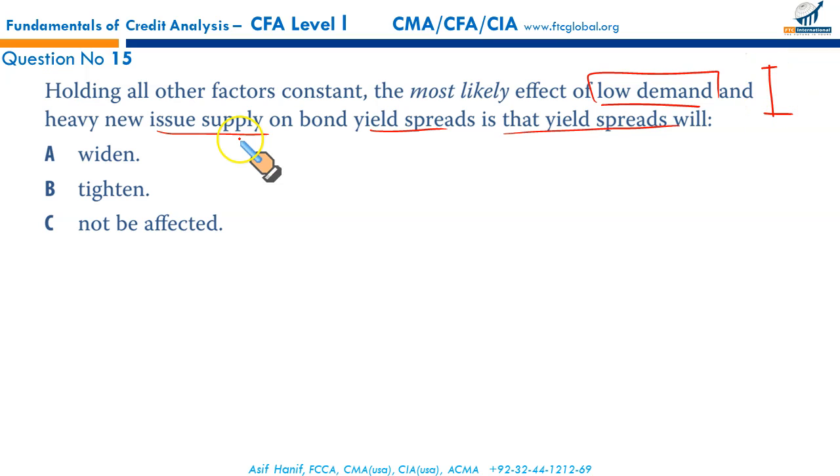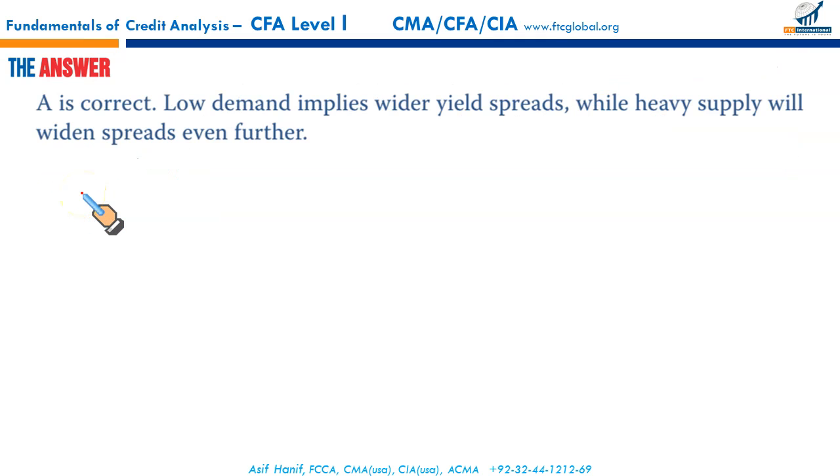And at the same time, heavy supply will further widen the spread. So we can say for sure that low demand and high supply will widen the yield spread. Without doubt, it's A. Next,